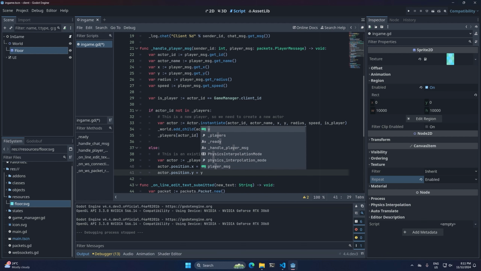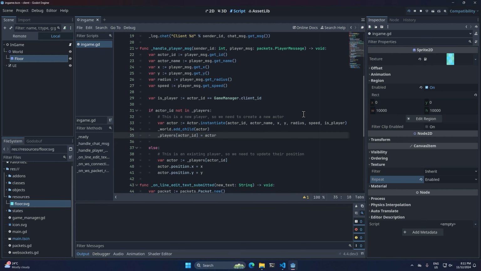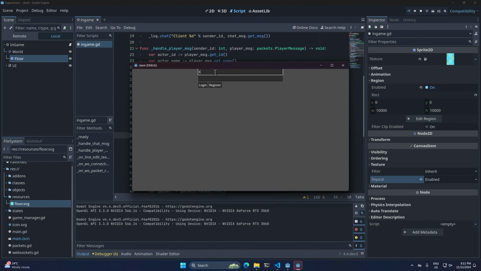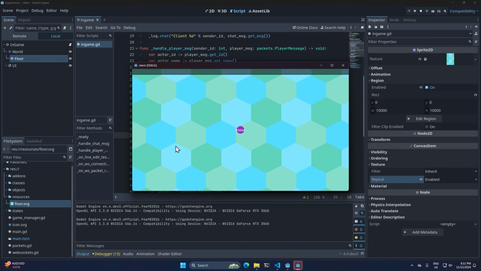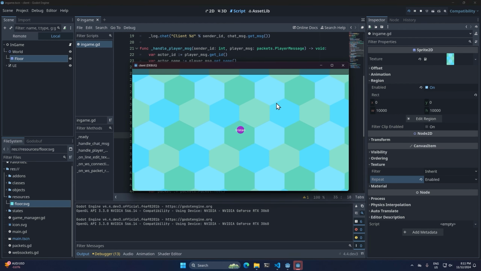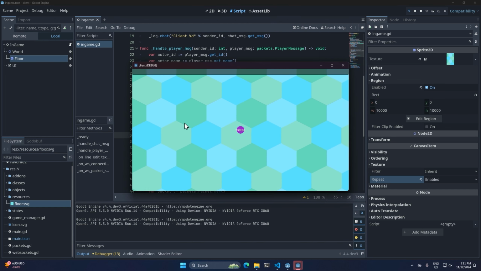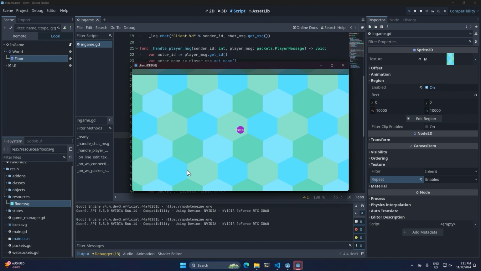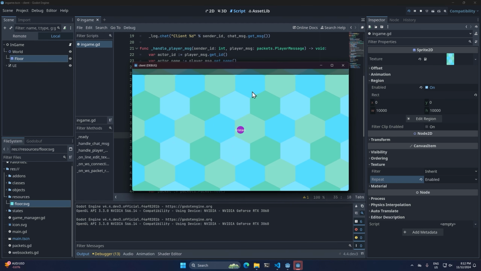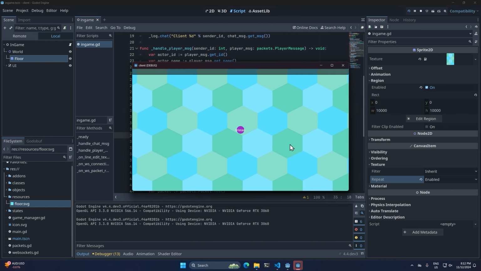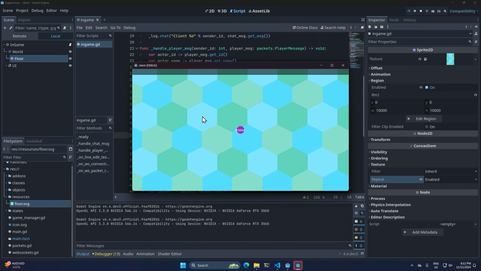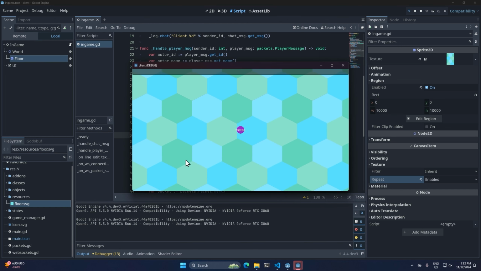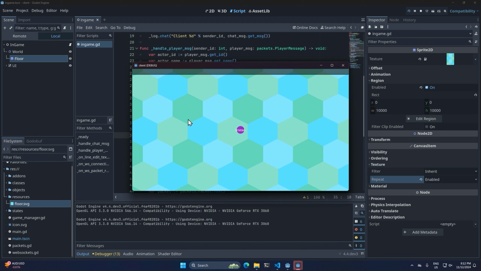Actor.position.y equals y. So now if we run the game, we should no longer see that crazy feedback loop happening. It's just us, and you can tell that we're in sync with the server because we're not getting snapped around like crazy. Our position is being sent to us 20 times a second, and we've coded Godot to update our